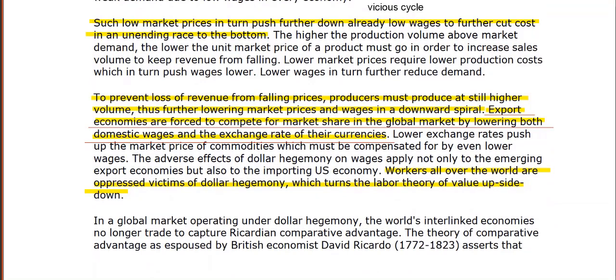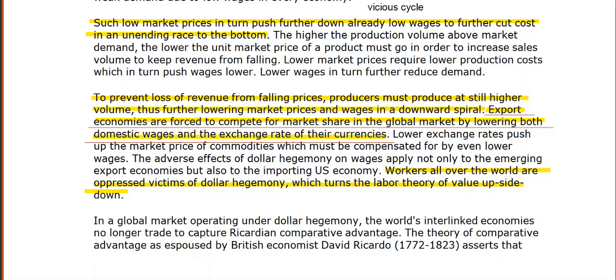To prevent the loss of revenue from falling prices, producers must produce at a still higher volume, thus further lowering market prices and wages in a downward spiral. Export economies are forced to compete for market share in the global market by lowering both domestic wages and the exchange rate of their currencies. That's why most of the world only makes $2 a day,